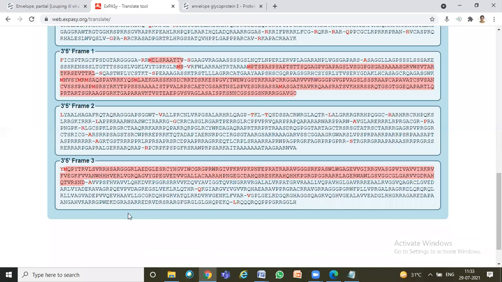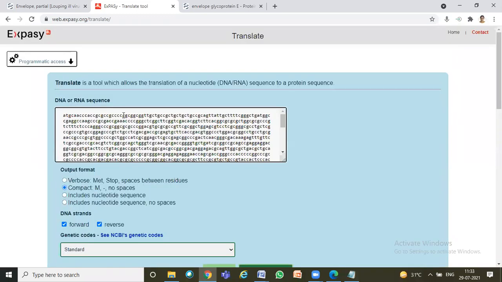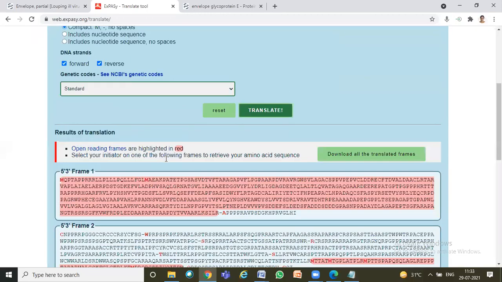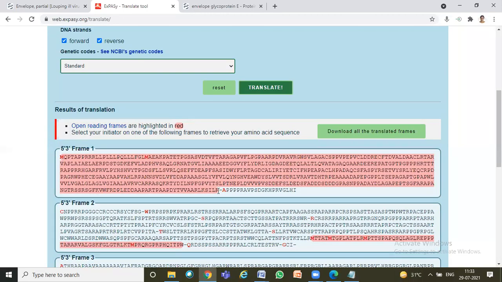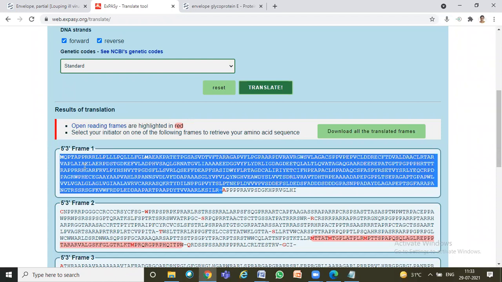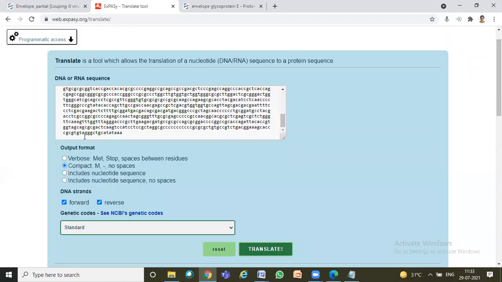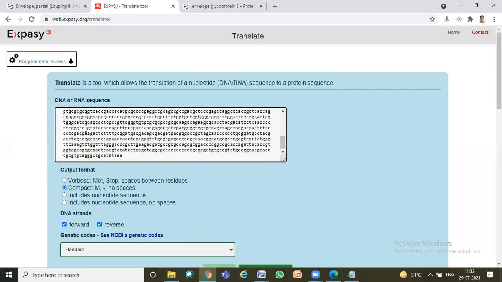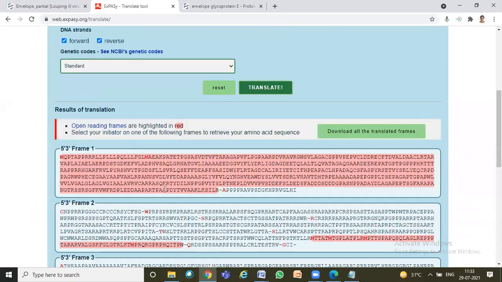possible proteins that might be produced from your gene sequence. And definitely you have to choose the one which is the lengthiest. So this is the lengthiest protein sequence that can be translated from your DNA sequence of interest. So this is how, using the translate tool, you will be able to see. It is blindly just based on ATG, it will identify M. Based on ATG, it will identify M, and it will give you some sequences.